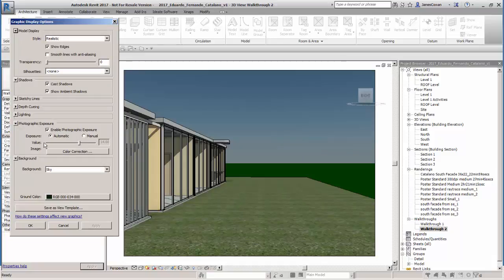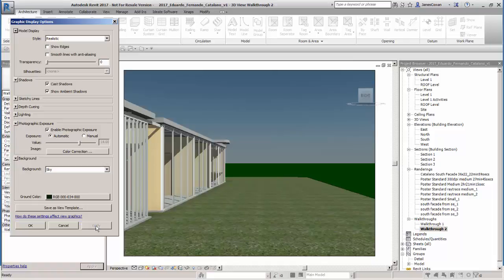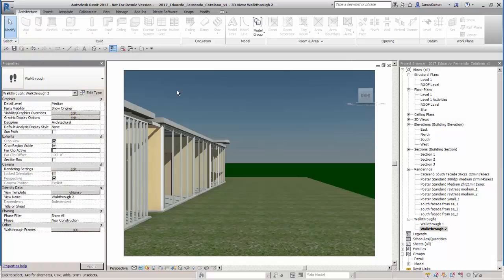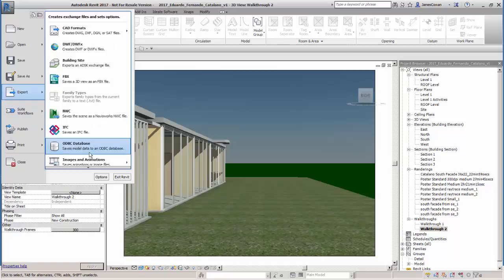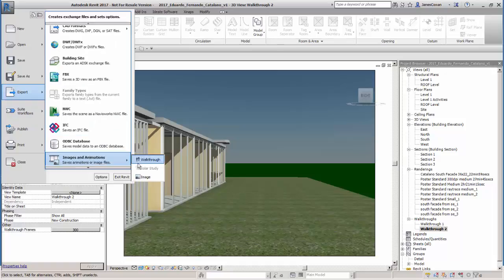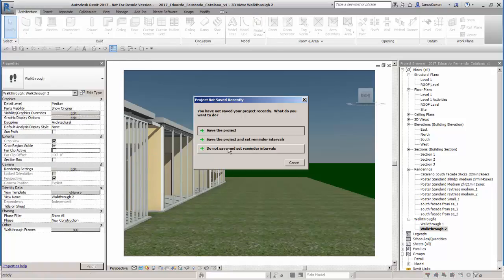And I'm not going to change anymore. That's good enough. I generally don't want the edges. The edges sometimes make it look like things are traveling. The lines are traveling when you circle the building. I think that's what I want to do. And then if I do that in the camera, now I can go export images, animations, walk through,